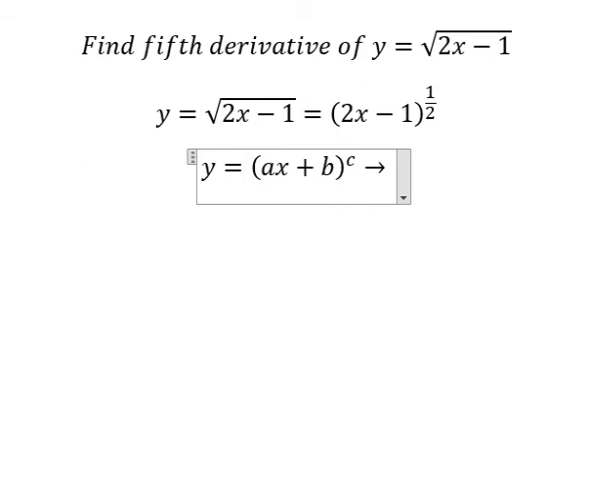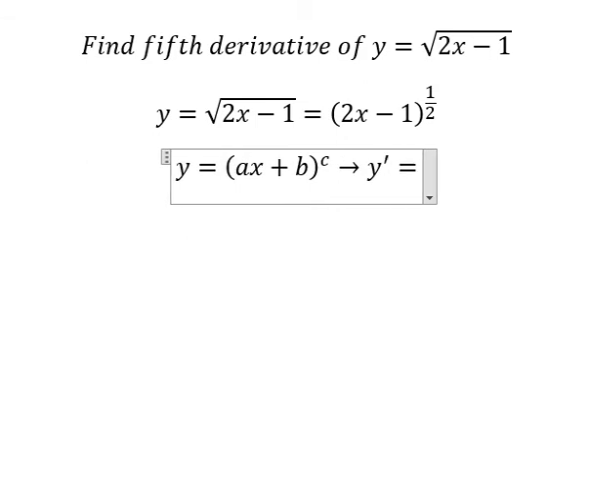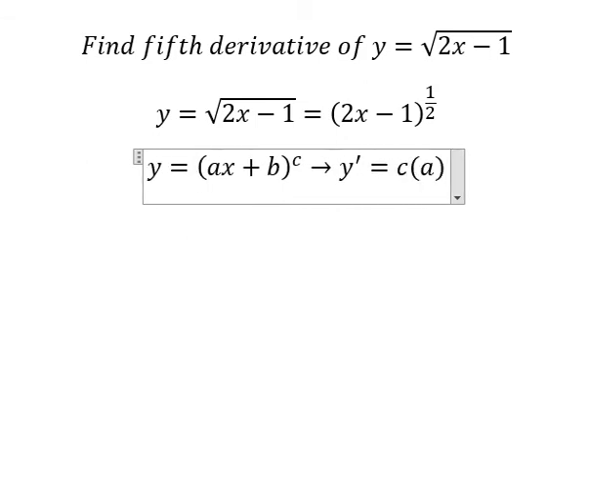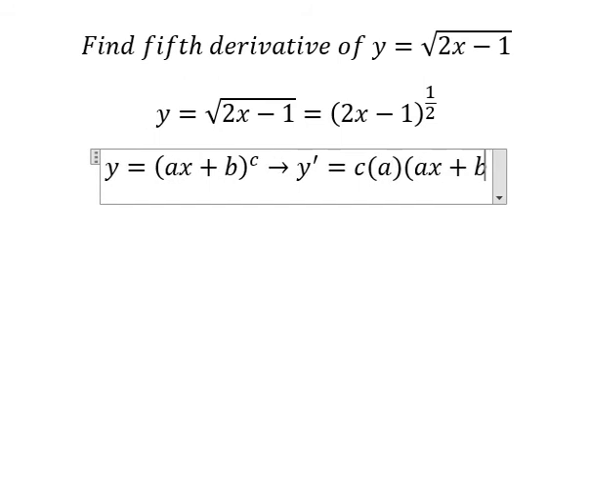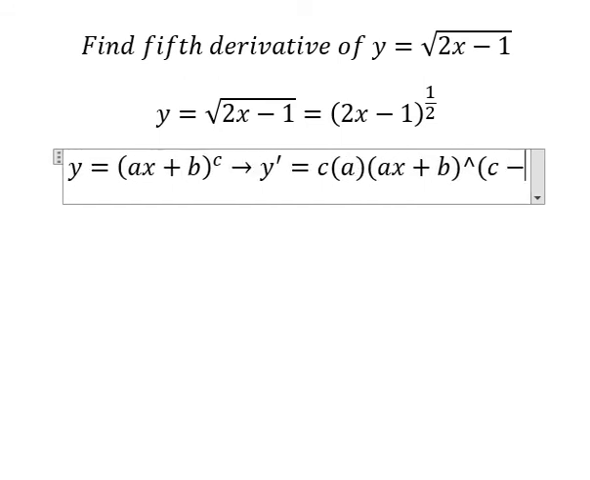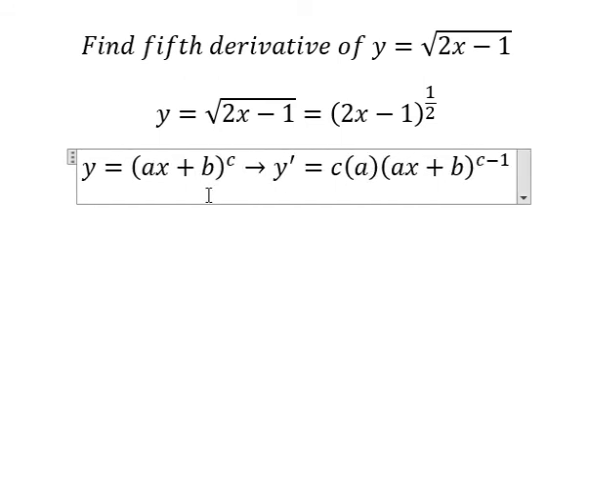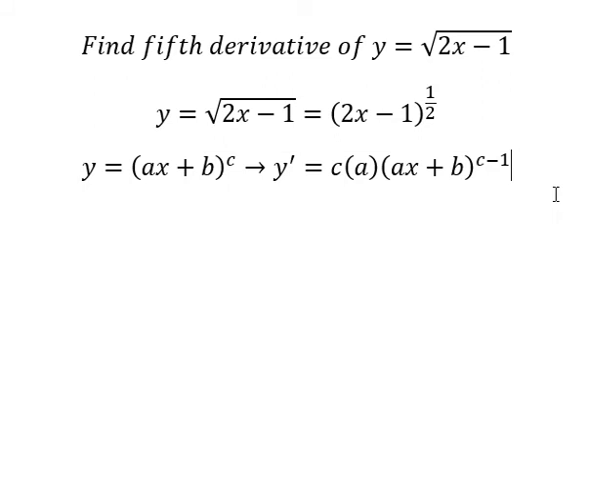So if we do the first derivative of y, we have c times (ax plus b) to the power of c minus 1, because when we do the first derivative, the power reduces by 1. Later we continue with the derivative of ax plus b. That's why we have a here. Next, the power reduces by 1 again. So if we do the second derivative,